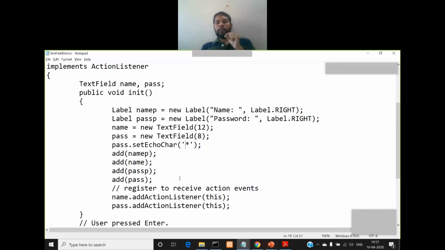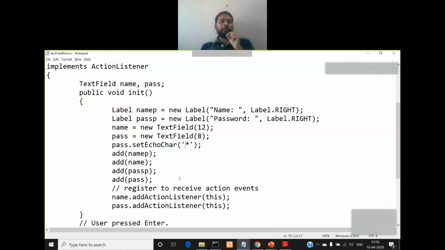And after the name label, you must have a text field where you can enter the name of the user. Then after that text field, again you must have another label called password, and after the password label you must have another text field, right? So totally we are adding four components, four AWT controls, two label controls and two text field controls. So how must they be arranged? First one label followed by one text field, then second label followed by second text field.